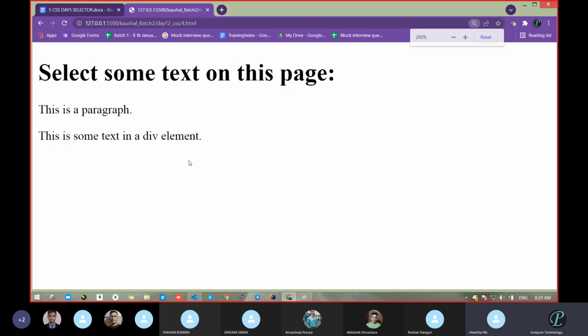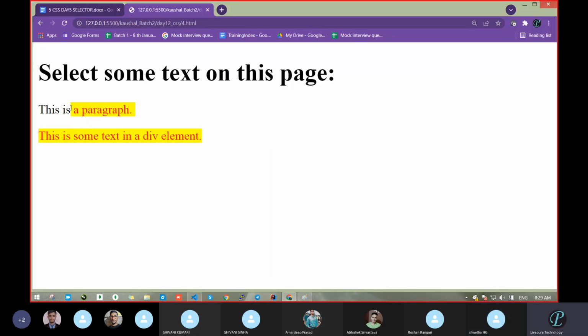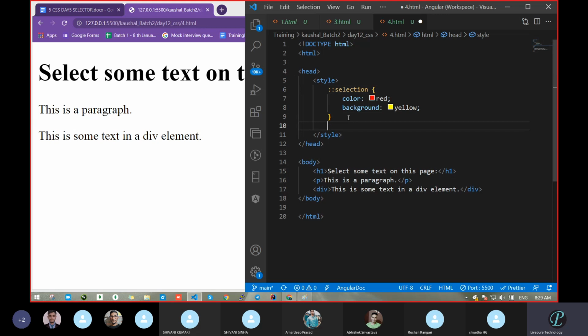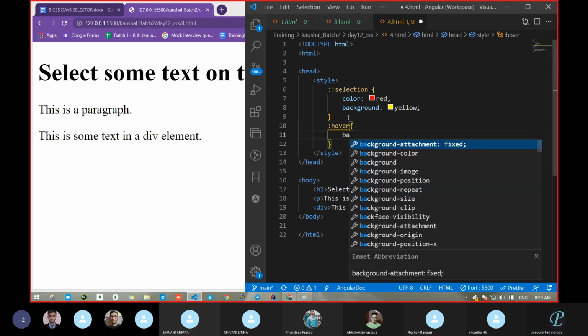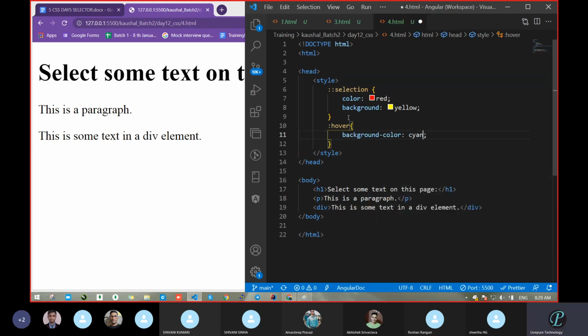Now see, previously we were selecting this also. It is not working. But when I select this, it works because we are targeting a particular section. Clear? But if I remove this H1 and save, now it will work in all cases, because previously we had passed the complete body itself, same as the hover property.